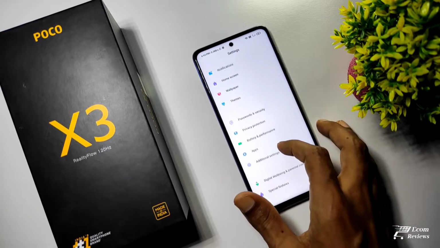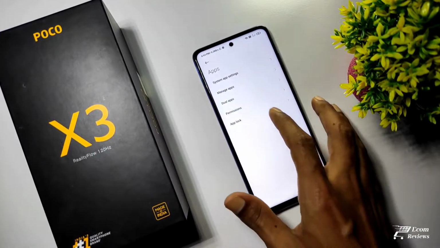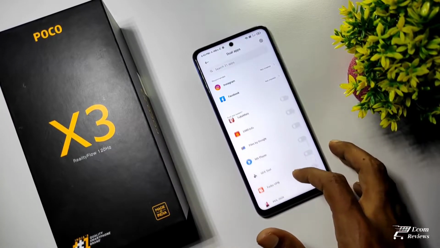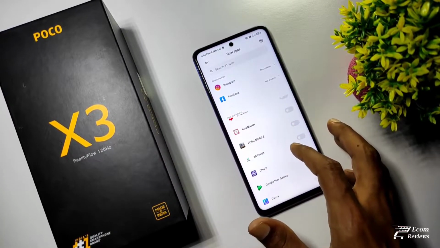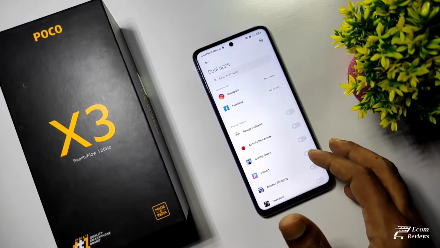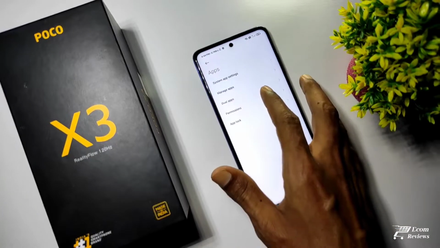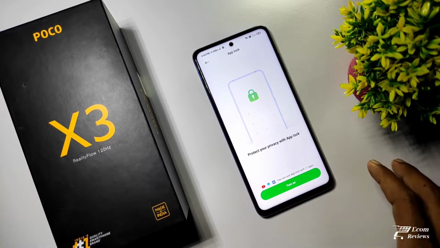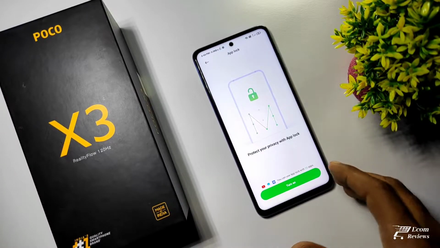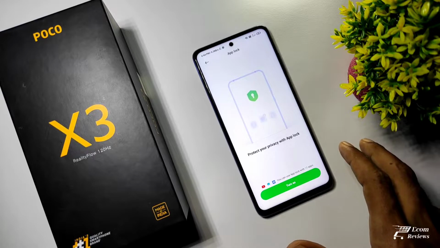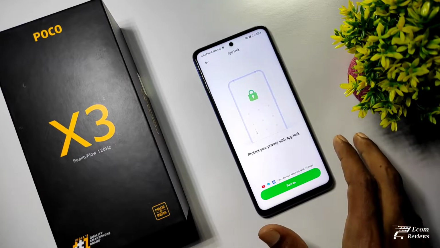This phone also comes with dual app support. Just go to the settings menu, then tap on the apps section, and here you will find the dual apps feature. So from now you can use multiple accounts on the same device. Also you get the app lock feature on this device. Just tap on the apps section and then you will find the app lock menu here. From here you can select the individual apps you want to choose from and the app lock will be enabled.